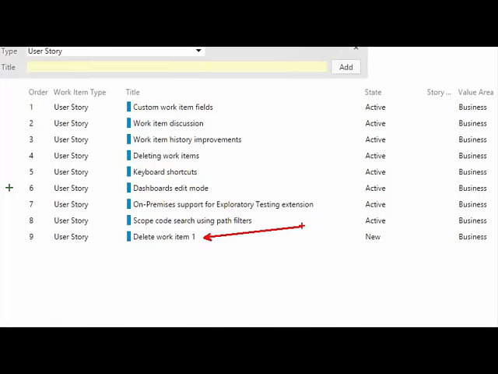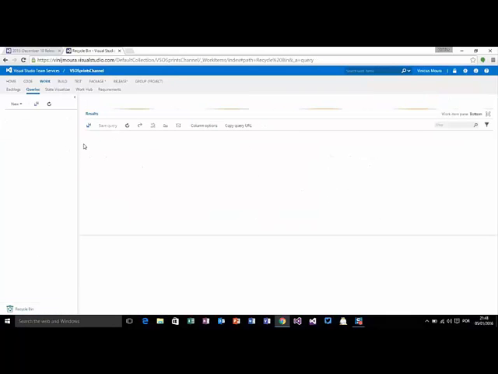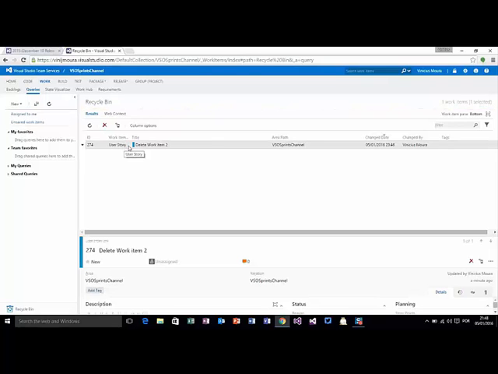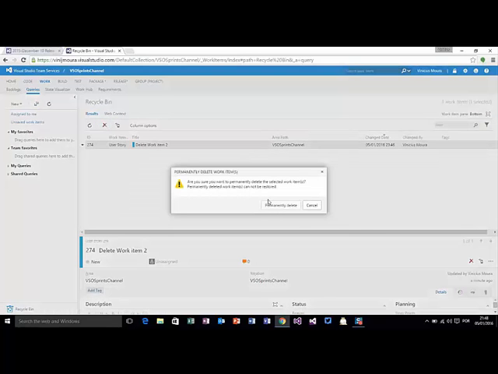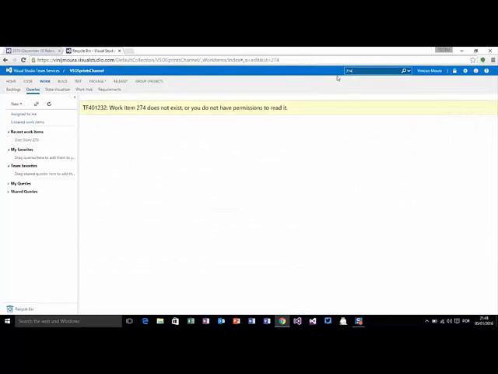This is our work item. Return to recycle bin. If you delete a work item, the same doesn't exist anymore. Return to the main page